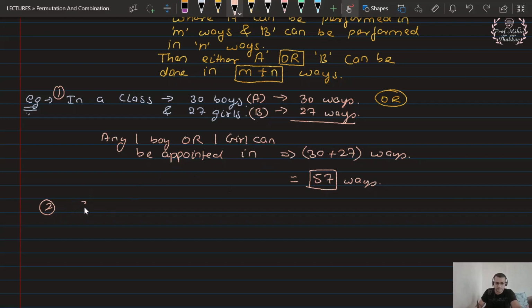Suppose you like S1, S2, S3 and S4. Suppose I am considering that there are 4 t-shirts that you are liking and you want to purchase only one t-shirt. So what you do is, in the rack there are maybe 50 or 100 t-shirts, out of which you have selected these 4 t-shirts, and now out of 4 you will be going down to 1. So either you can select the first t-shirt in one way, or the second in one way, or the third in one way, or the fourth in one way.